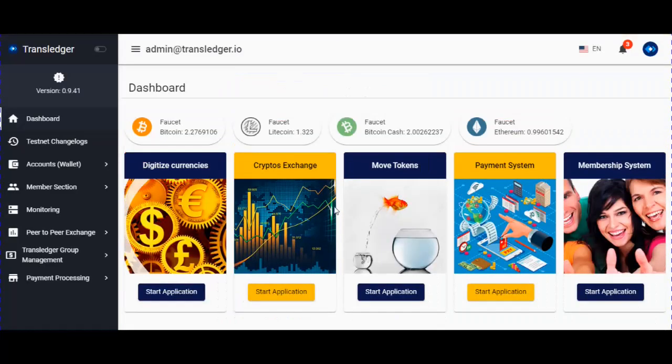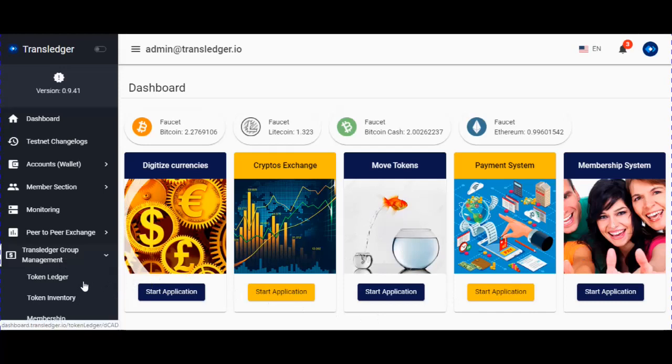And then what we have now in front of us is the dashboard, a tool used to assemble a set of services we're offering. So we have only a single place where everything is located, to make things more convenient for you. And what we'll use today is the Transledger Group Management, which is a test that I created to